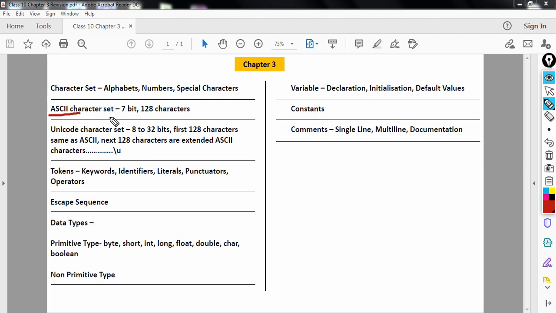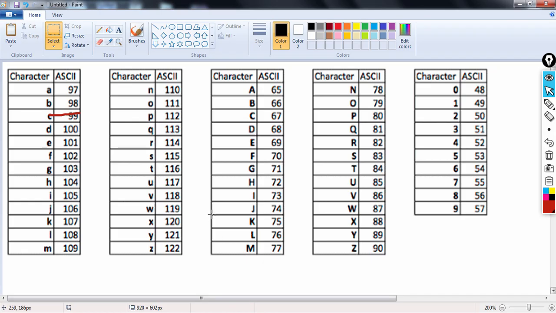And what do I mean by represent? Let's take the example. Here you can see we have got the ASCII values of different alphabets. For example, small a, its ASCII value is 97. So ASCII says that small a will be represented by the decimal value 97.